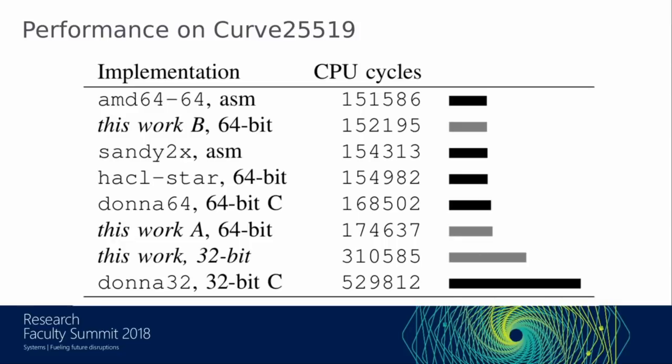We generate both 64-bit and 32-bit versions. So these benchmark results are on a 64-bit machine, so the 32-bit results aren't super interesting for performance. And we're very close to the best known assembly code for this elliptic curve. And in fact, we are now, as far as I know, generating the fastest known C code for essentially every elliptic curve with one automatic pipeline that generates proofs.